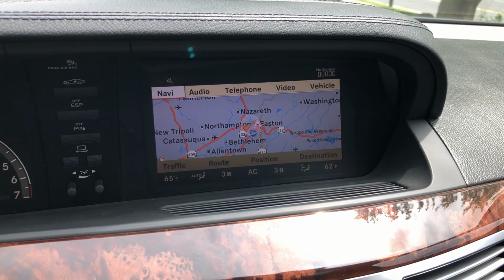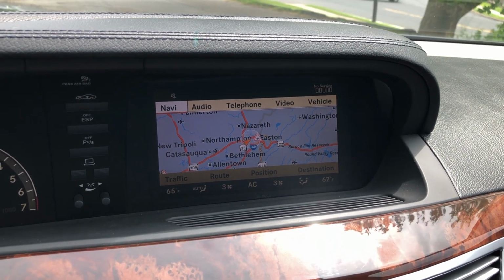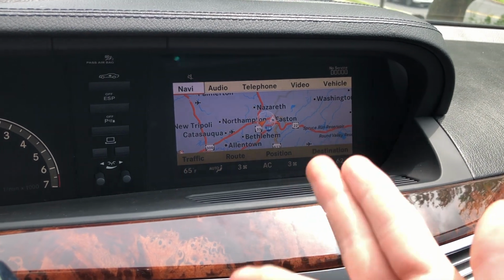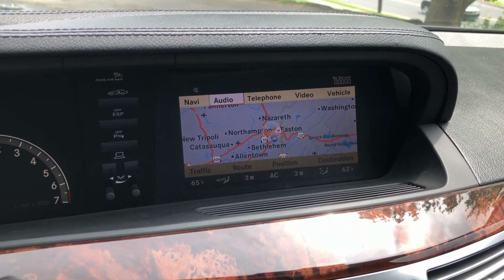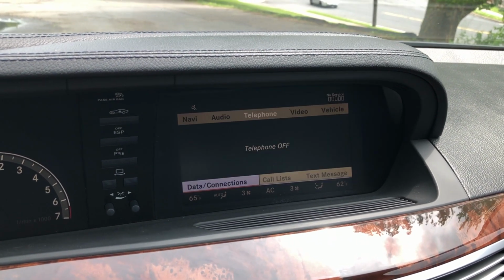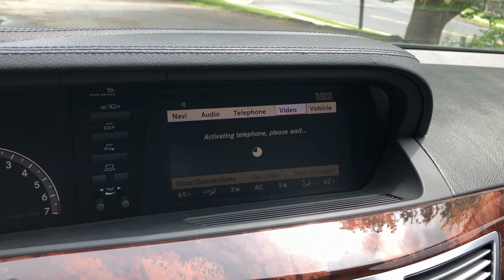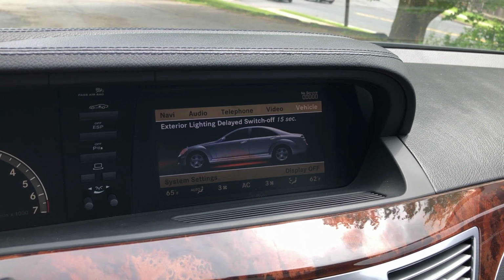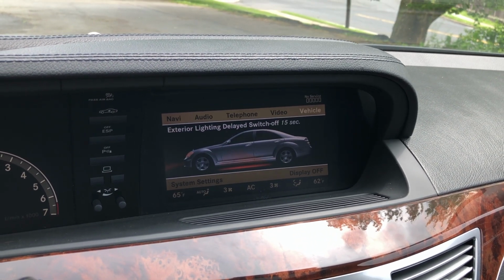Pretty cool. And I just want to point out the infotainment system in the S-Class. It is a very standard, basic, late 2000s infotainment system. Nothing too outlandish. You can see you have your maps right there for navigation. Then you have your audio settings, listen to the radio, simple stuff. Telephone, contact whoever you want, contact your boss, your husband, wife, whatever. Videos, you have your CD outlets and stuff. The vehicle kind of has a bit of settings and displays in case you need to fix anything in your